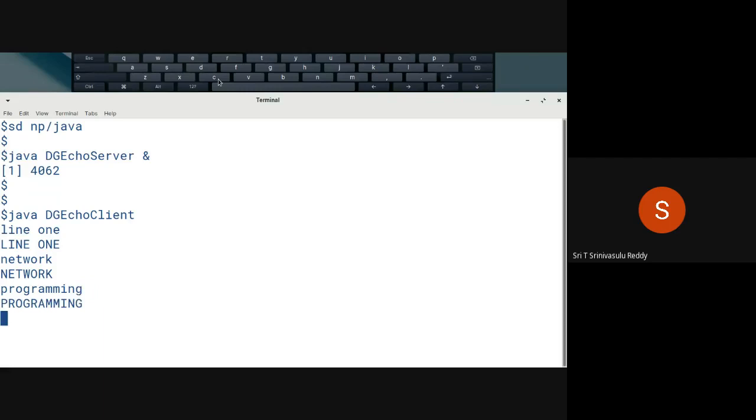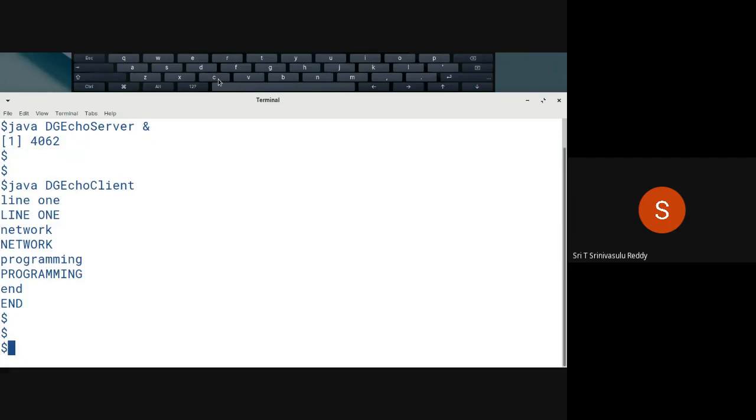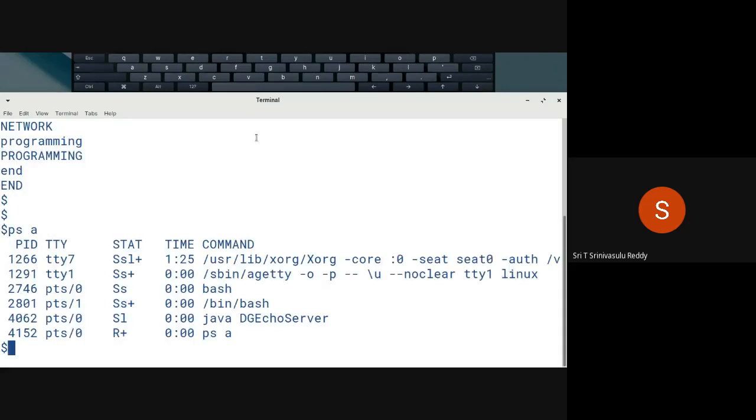So it goes on like this until there is some protocol mechanism. In the protocol, you have mentioned that whenever end is typed, that is the end of the corresponding thing. So you say end, and the client is terminated. But if you examine, the server is still running.